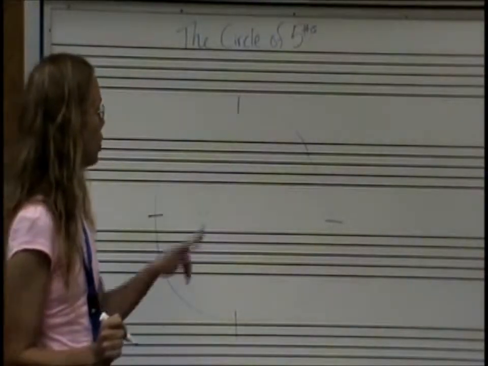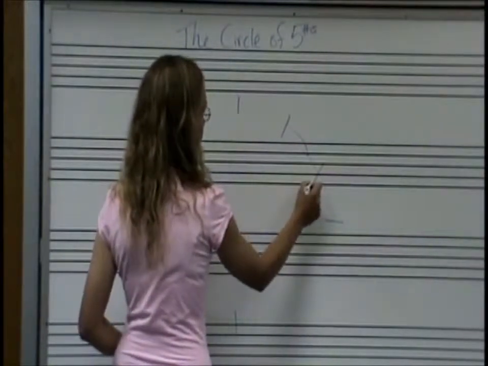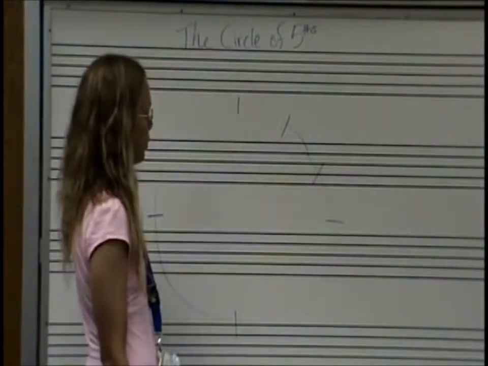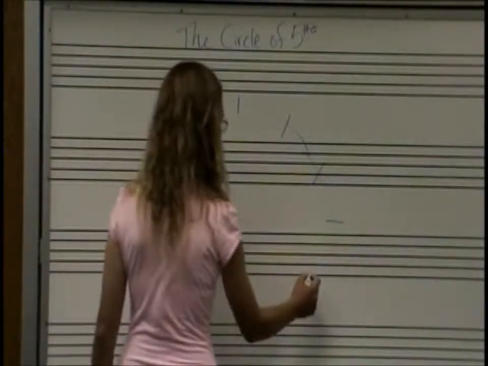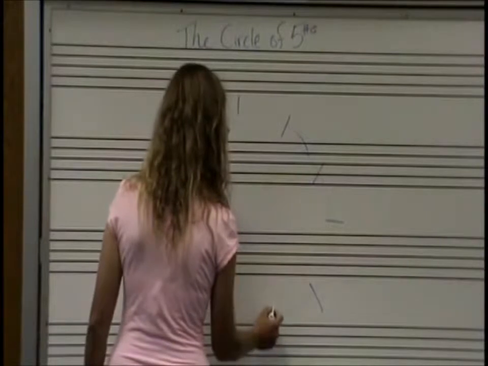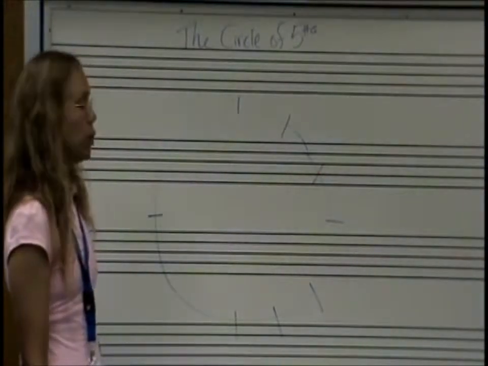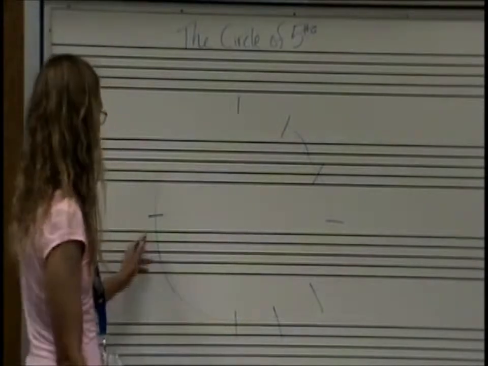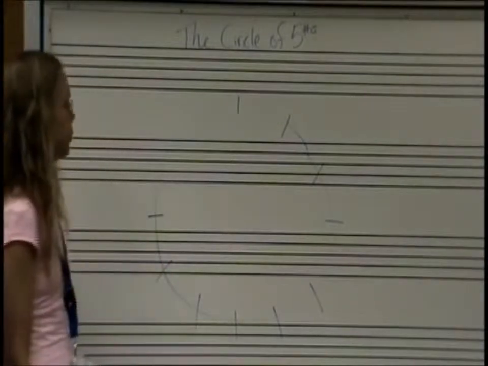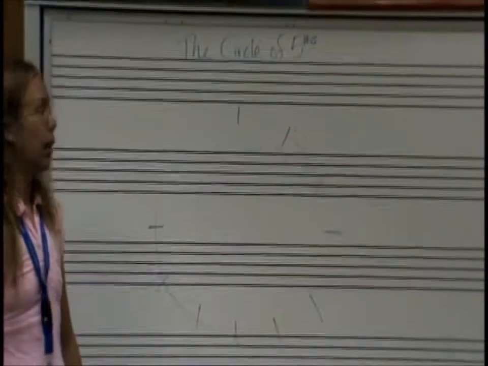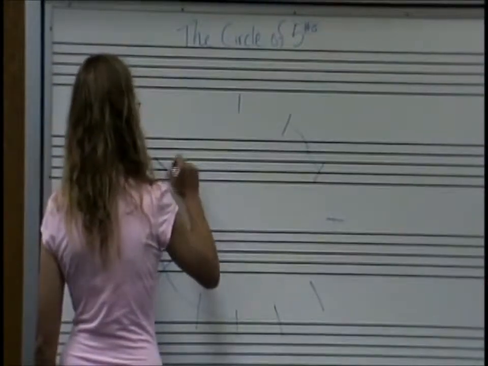And now draw 2 lines in between 12 and 3 to make 1 o'clock and 2 o'clock. Draw 2 more lines in between 3 and 6 o'clock so that you can make 4 o'clock and 5 o'clock. Draw 2 more lines in between 6 and 9 o'clock to make 7 o'clock and 8 o'clock. And last, draw 2 more lines in between 9 o'clock and 12 o'clock so you can have 10 o'clock and